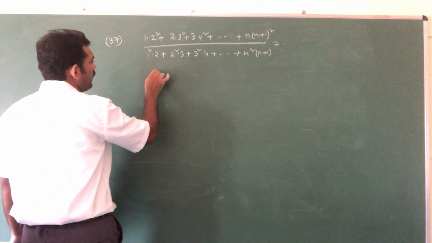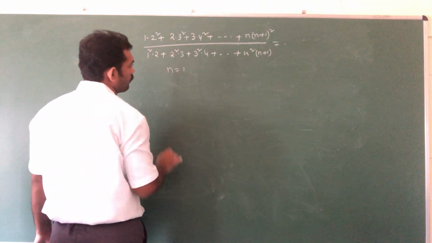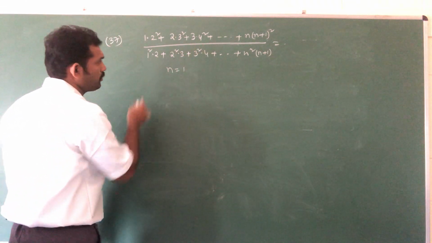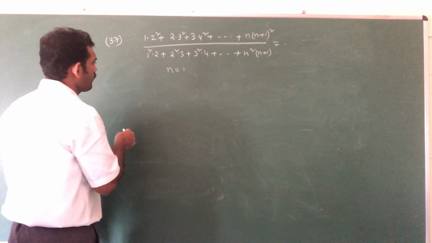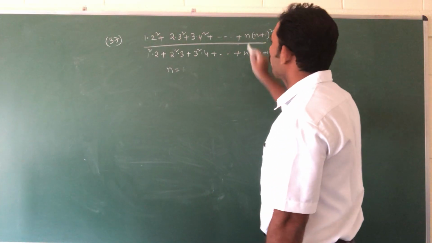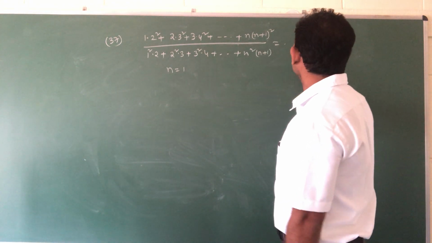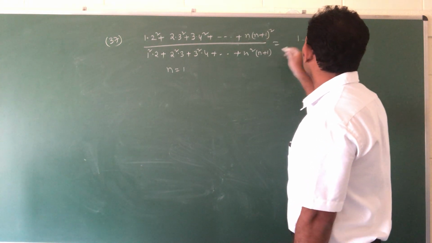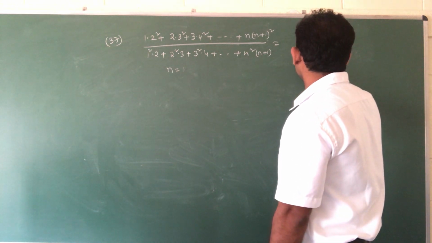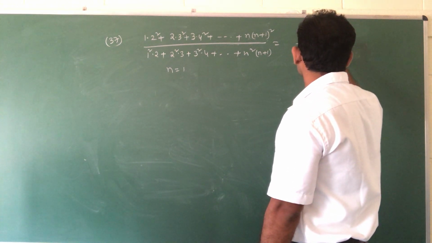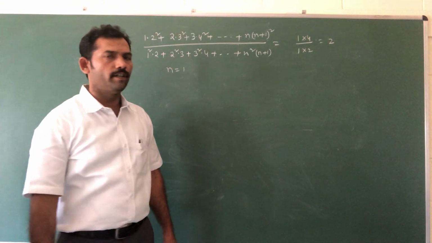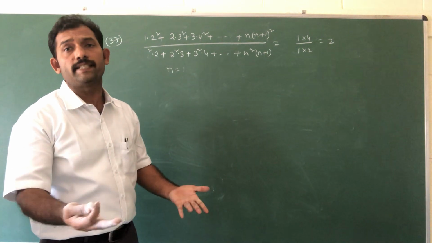So verify with n is equal to 1. See, in that last value, substitute what happens. n is equal to 1 substituted here, what happens in that value? 1 plus 1, 2 square means 4, divided by 1 plus 1. So you are getting the solution 4 by 2, which is 2. n is equal to 1 we substituted, where we got 2, that is our solution.